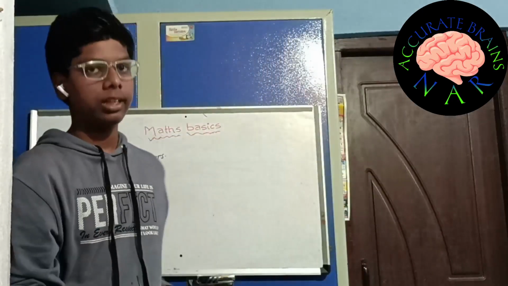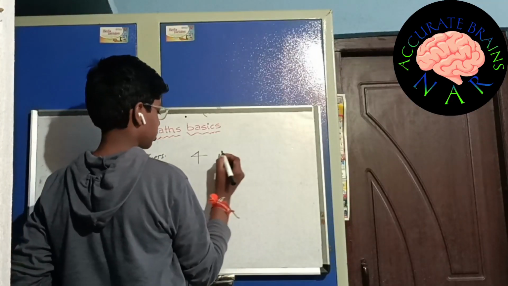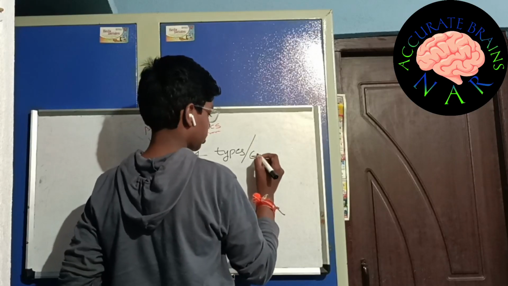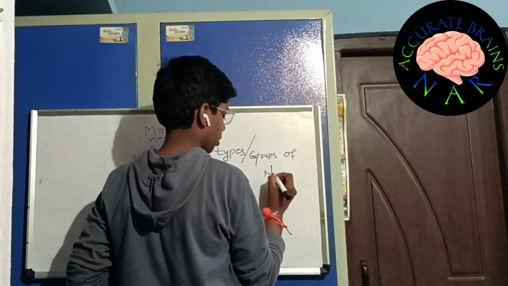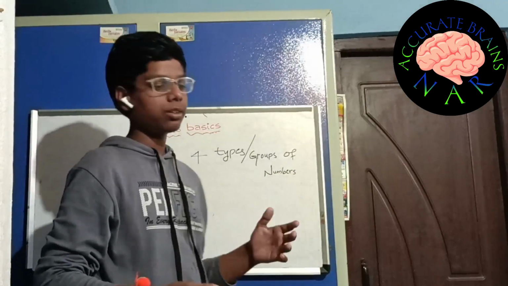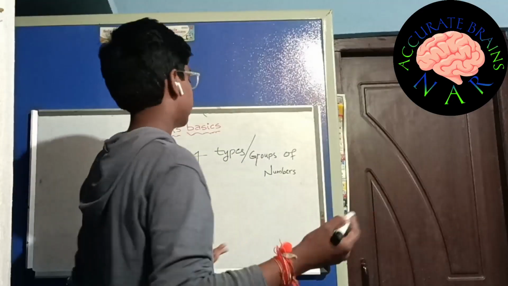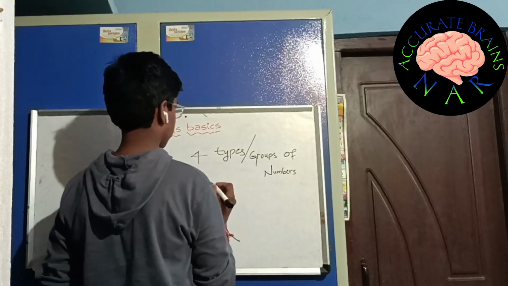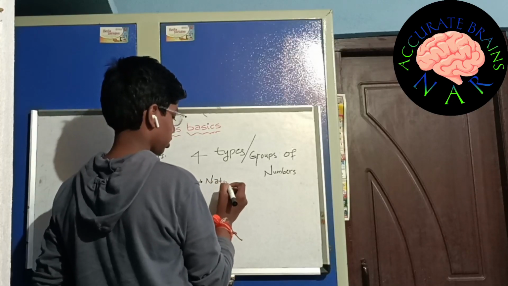Okay, let's go on with English. So there are totally 4 types of numbers, 4 types or groups of numbers. Here I am not using any of the reference books, so I am teaching with my own knowledge. So there are 4 types or groups of numbers. In that, the first case is natural numbers,